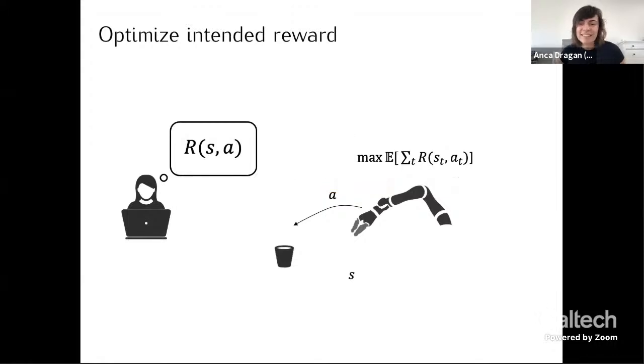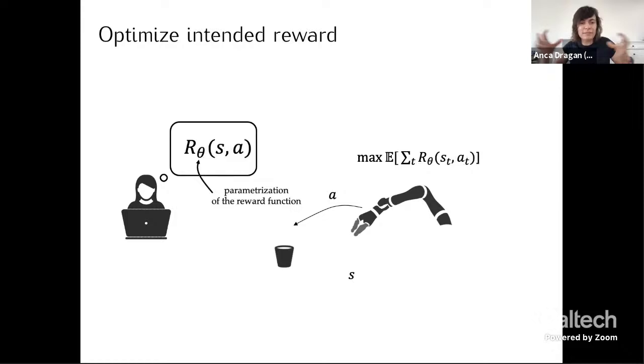What does it mean to build systems that optimize intended reward? Well, if I try to make it a little bit more concrete, we'll have to parameterize this reward function somehow. In this talk, we'll use theta. This is my notation of choice to refer to the parameters of the reward function. So you can say the reward is a linear combination of features that I know, or the reward is a deep neural network with state and action as input. We're gonna call theta the weights in that model, right? So those are the parameters.